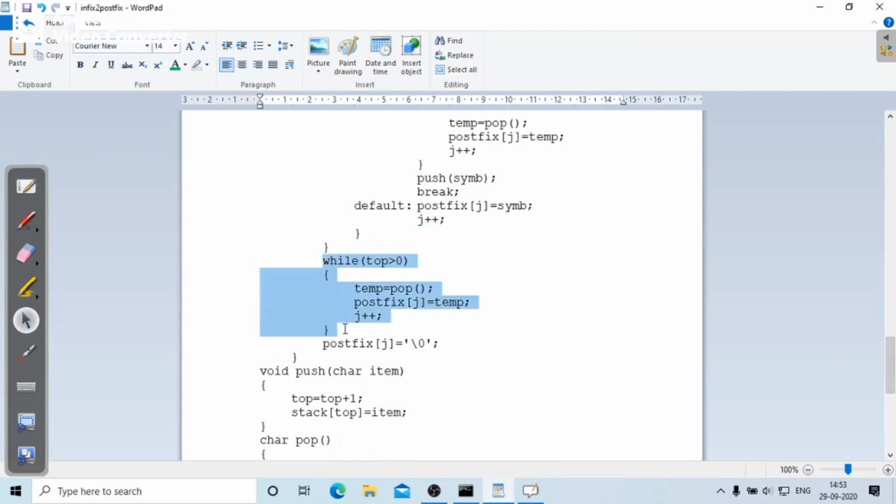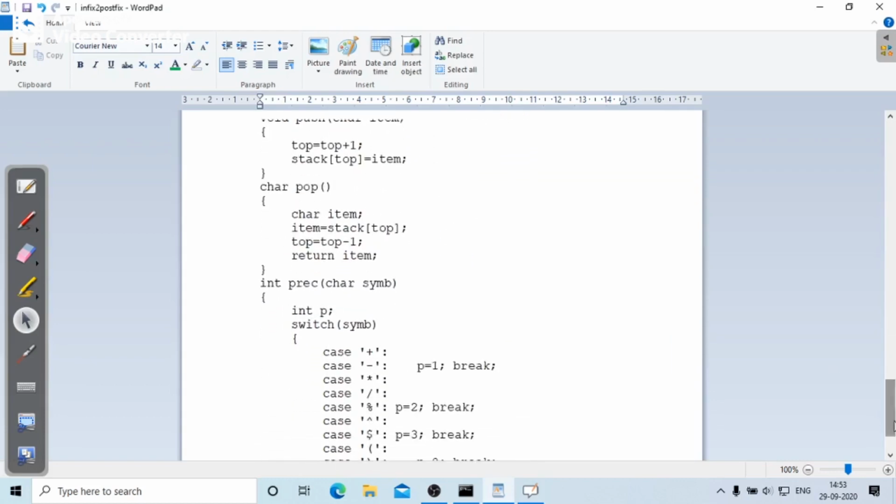If the stack contents are not empty, you have to pop all those contents from the stack until top is greater than 0, and store those characters in postfix. Once this part is done, finally you have to append null to the postfix expression, because it's a string, it always ends with the null character. So that is about the conversion.